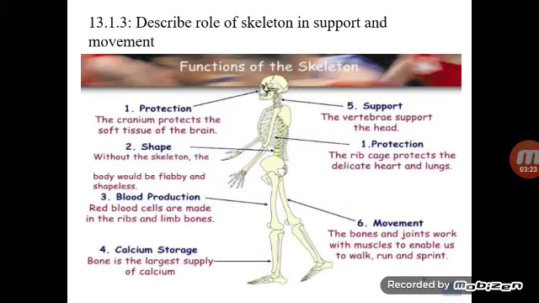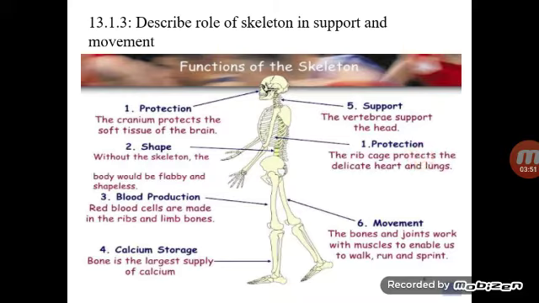Now 13.1.3: describe the role of skeleton, support and movement. Function of skeleton or role of skeleton. Six points are given. Number 1, protection. For example, the cranium protects the soft tissue of the brain. Another example, the rib cage